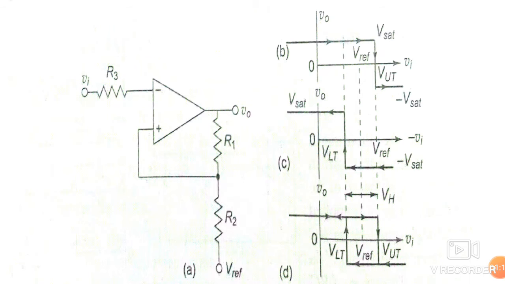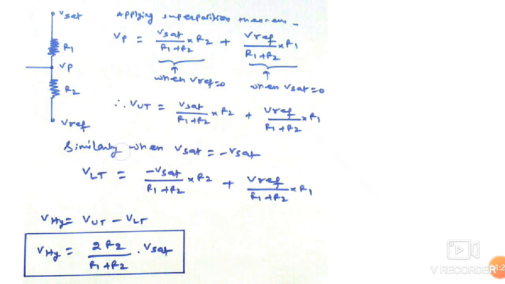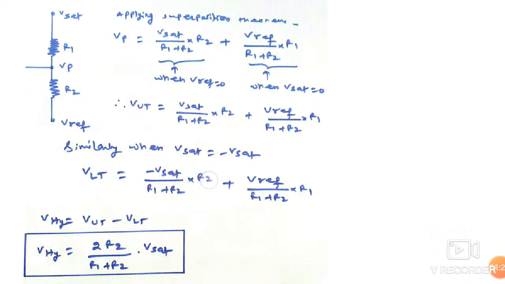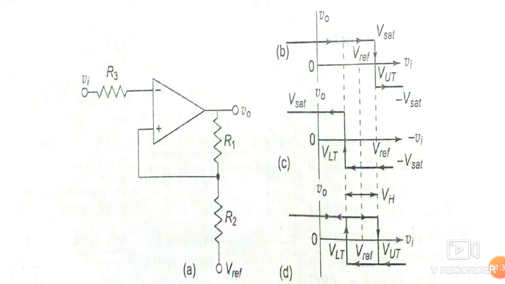This can be assumed as some potential VUT. So when the potential of this point becomes less than the potential of, sorry friends, this is fluctuating again. So when the potential of the non-inverting terminal, this point, becomes less than the potential of the inverting terminal, that is Vi,